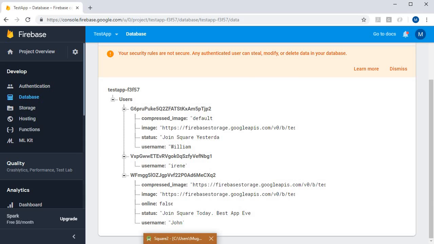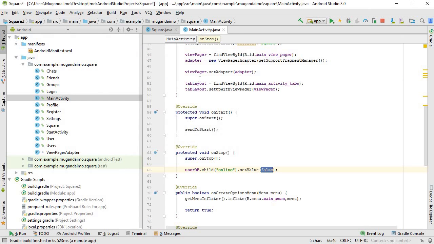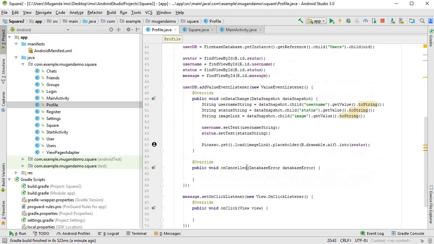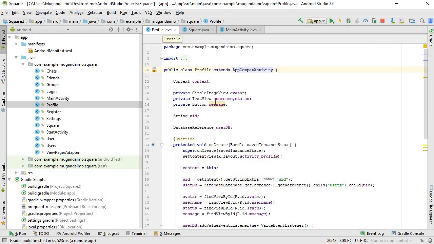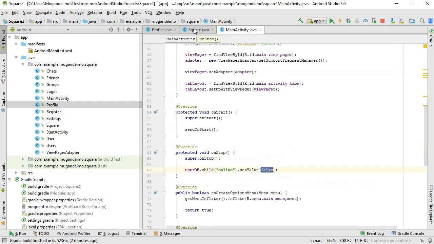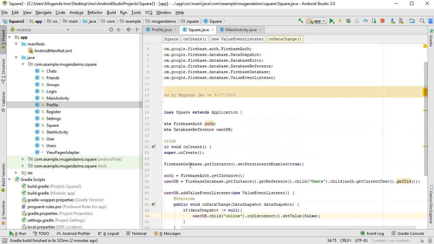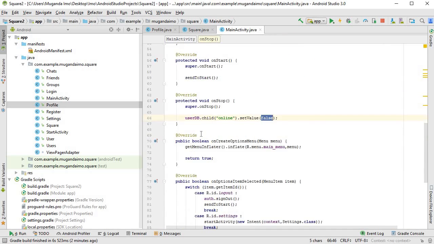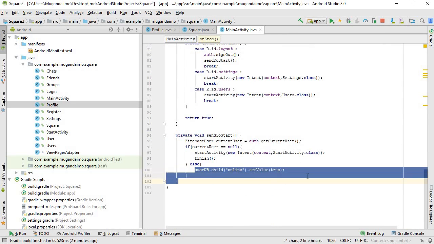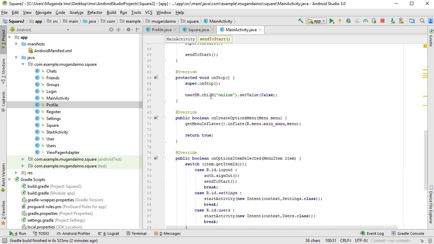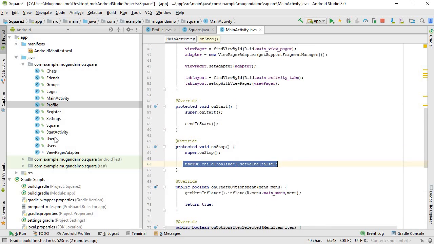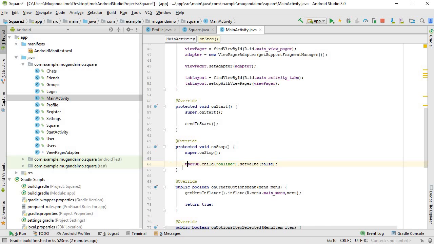Now, something to note, I've added this logic to the main activity, which means when they're on the main activity, the present functionality will work. We'll know whether they're using the app. But when they switch to the profile activity, it won't work because we haven't added that to its onStart and onStop. So you can go ahead and do that if you'd like. It's the same process. You just override onStart and add this line of code, and then you'll have to override onStop and add the opposite. And you do that for all the activities where you need to. I'm going to just leave it for main activity. You guys can go ahead and do the others if you like, but putting it on main activity is enough